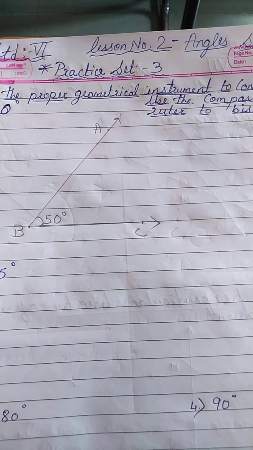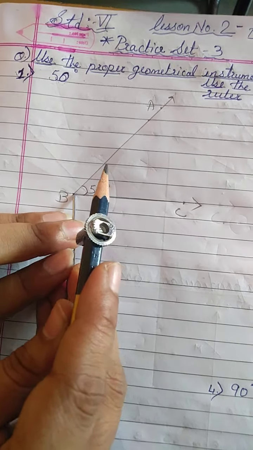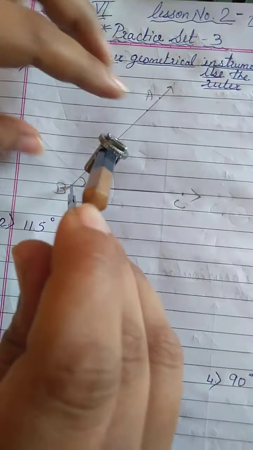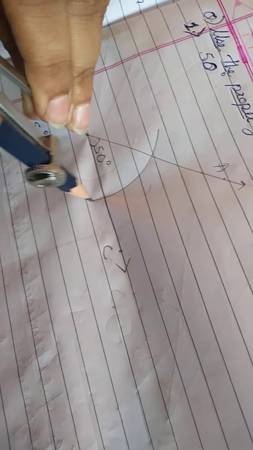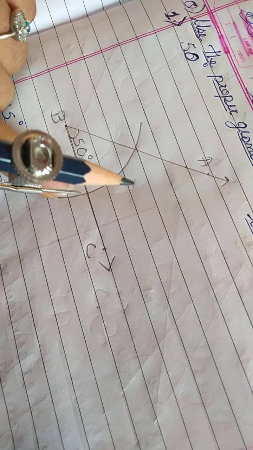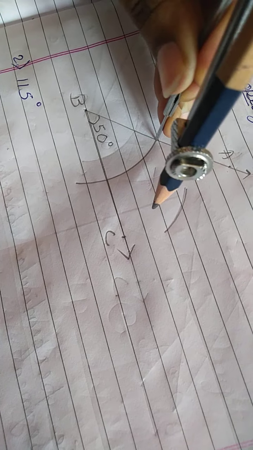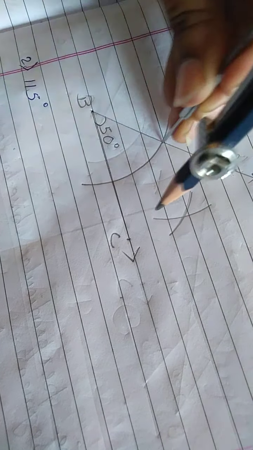Now you have to bisect this angle with the help of the rounder. You have to take a small distance and draw an arc. And the same distance you will keep over here and draw one arc here, and simultaneously you will keep the rounder point on the next and draw another arc. Then we get a point here.